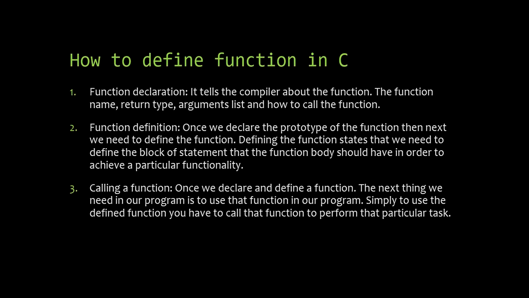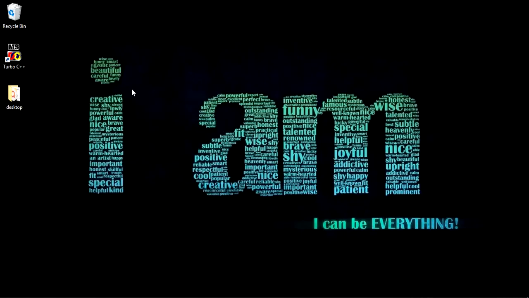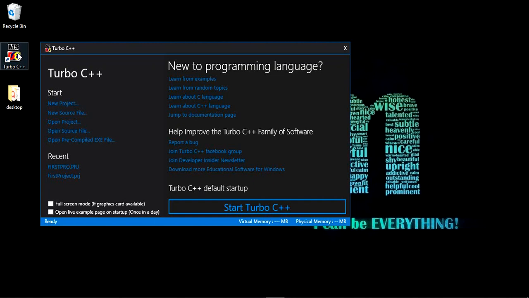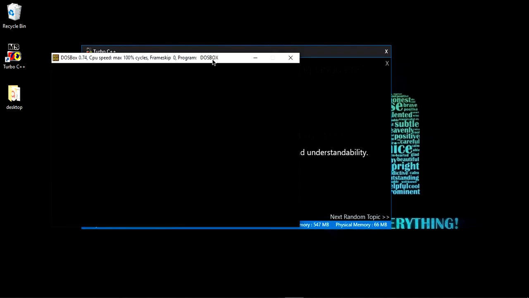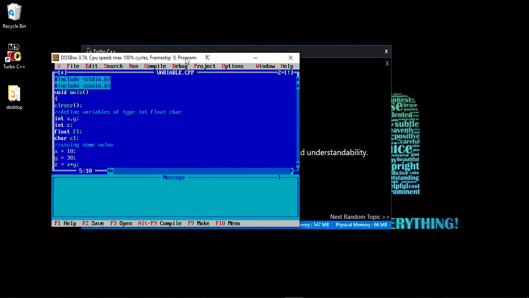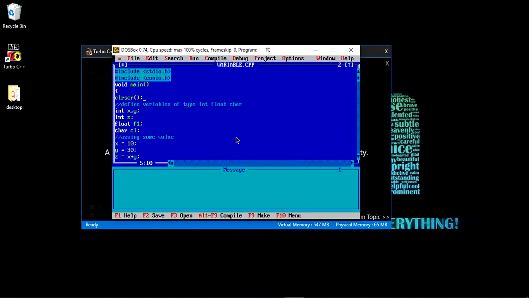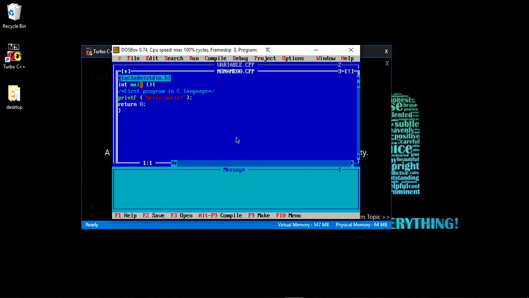Now let us see how we can define a simple function in C program and try to execute it by calling its name. Open Turbo C. Then we will start to create the new program. Let me take the new file.